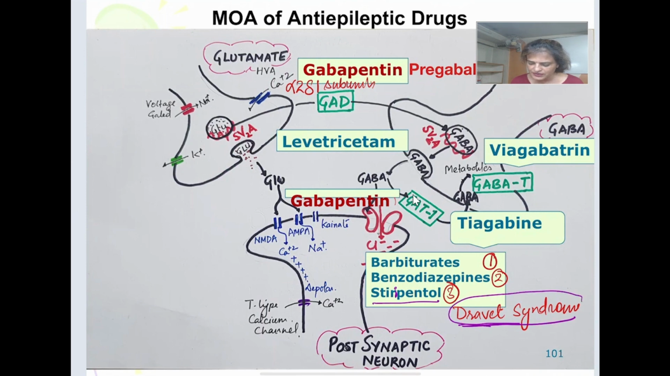So what is the Dravet syndrome? It's a rare form of epilepsy which we see, which starts in the first year of age in a baby. Then the next drug is this